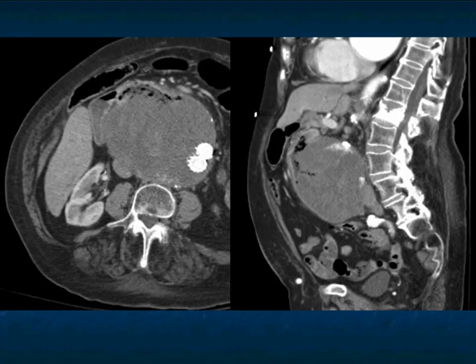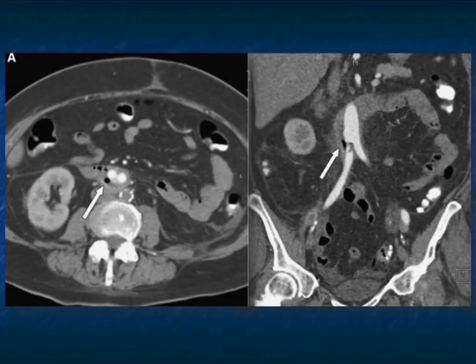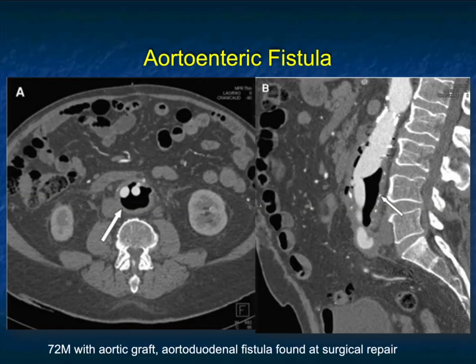before you develop that obvious fistula. Here's a nice example where the duodenum is here. You can see this large and expanding aneurysm. The patient had prior stent repair, but now the aneurysm and the patient's duodenum communicate. Aortoenteric fistulae. Here's the other example before, near where the graft is present, where the air is outside of the lumen of the vessel. And here's another example with lots of air showing you the grafts of the aortoenteric fistula. And an aortoduodenal fistula was found at the time of